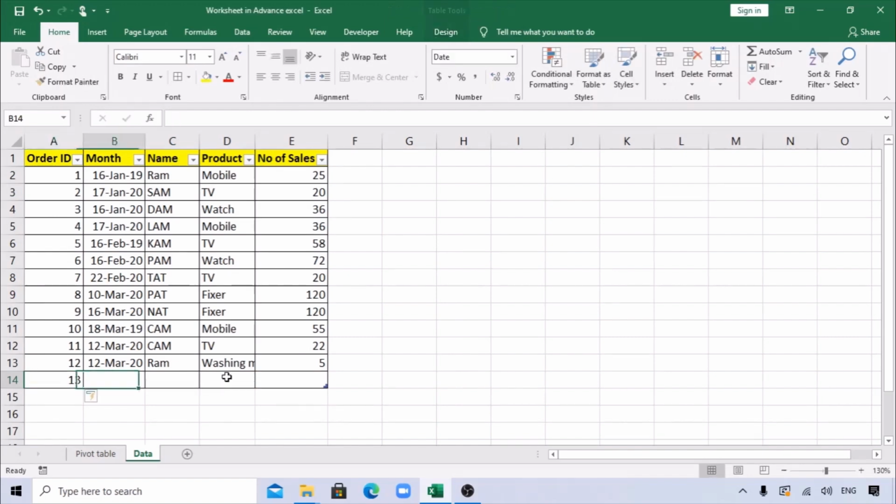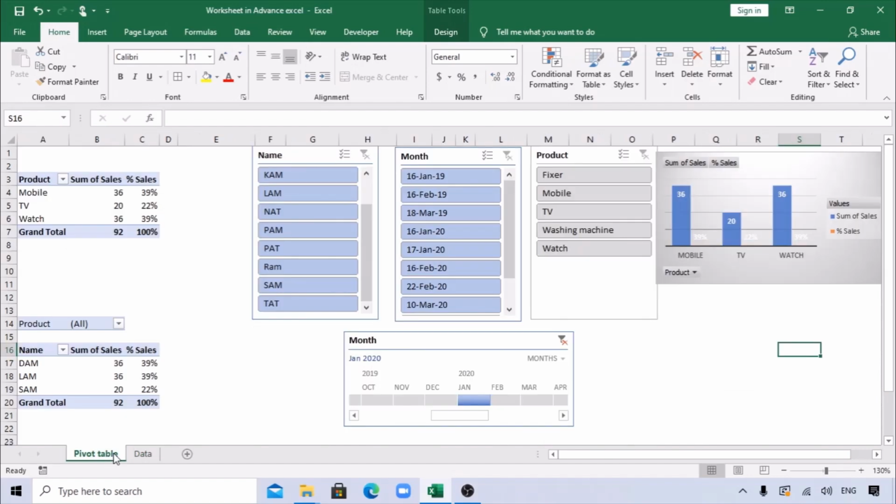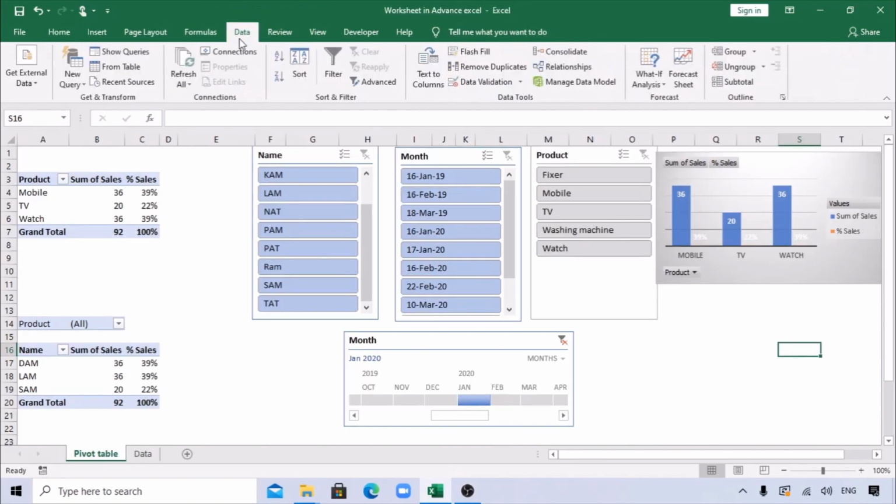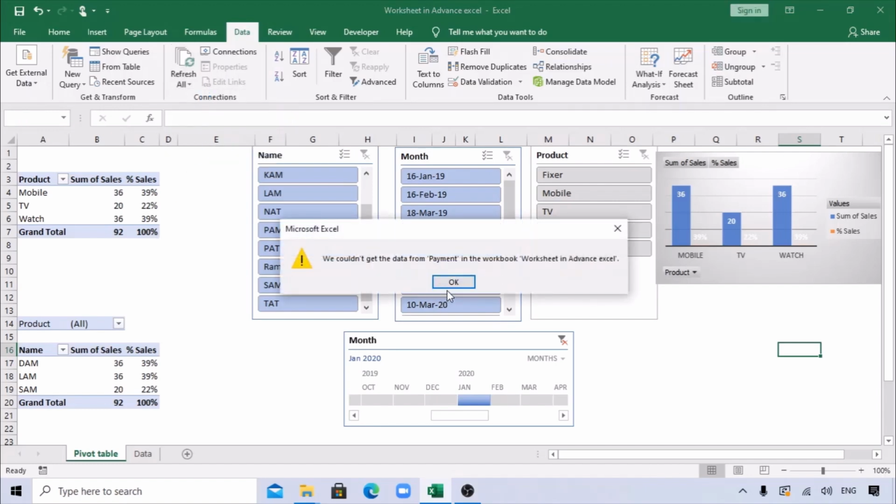So let me add 13. See, before if I add something here, now when I add this 13 number, you can see this range is selecting here. So let's select the same date. Let's say Raju sold some mobile, 10. Because Raju's name is not anywhere here, you right click and go to refresh. Refresh all periods in data. So once you refresh,